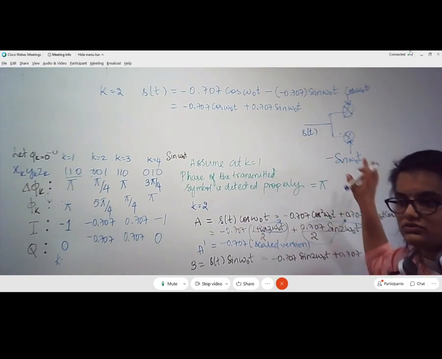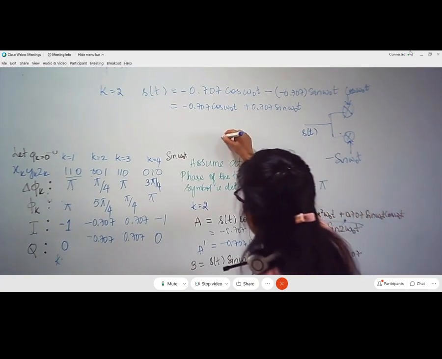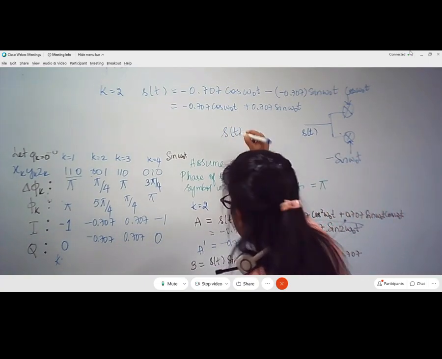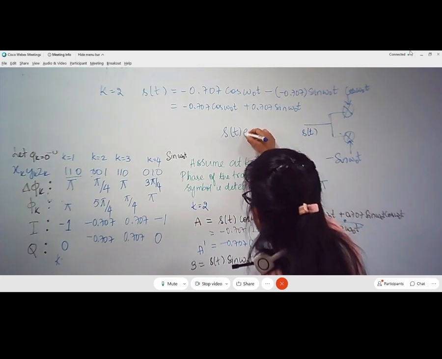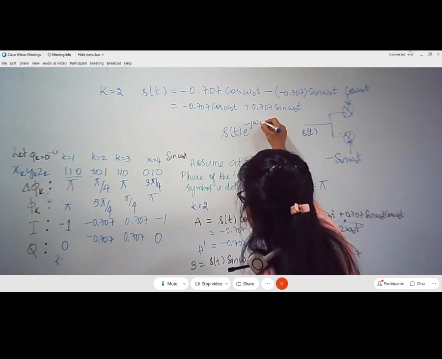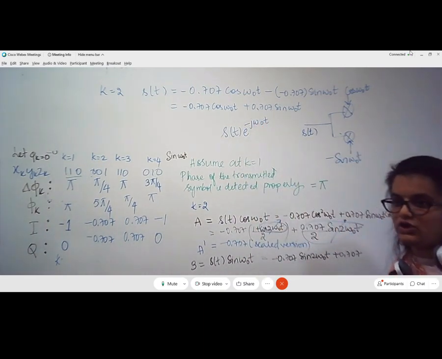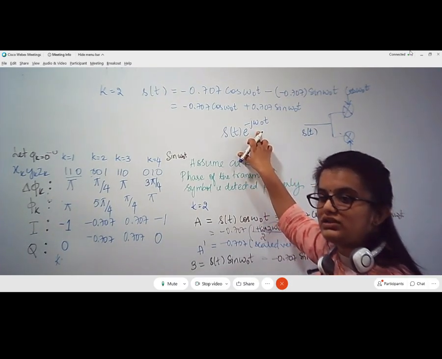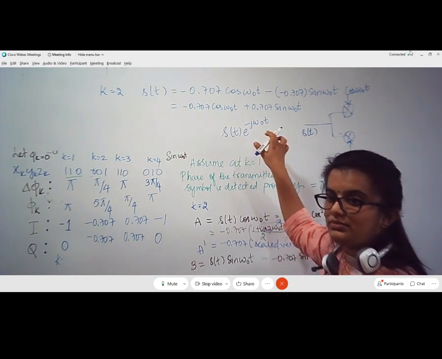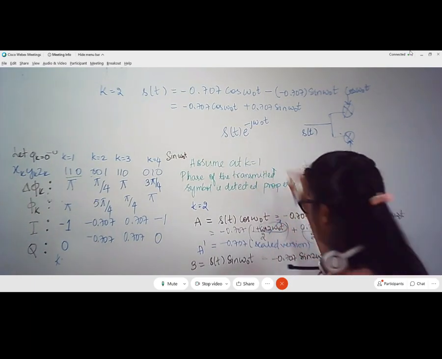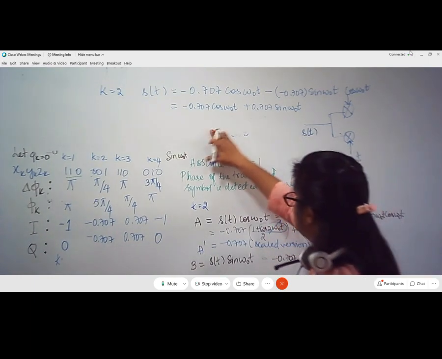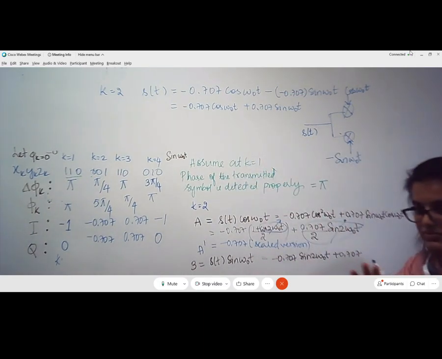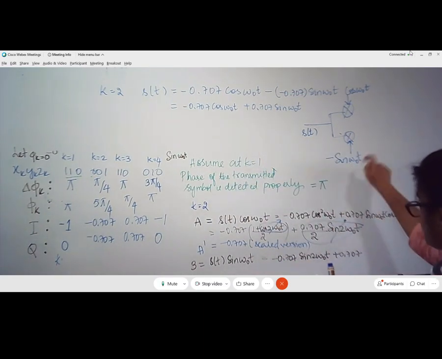While we are doing the demodulator, we are going to multiply this S of t with the complex conjugate of the carrier, which is e to the power minus j omega naught t. When we expand this using Euler's formula, you are going to get cos omega naught t minus j sin omega naught t. So that minus sign is taken care of here. You have to write this minus sign. Pardon me for that. Please make a note of this.